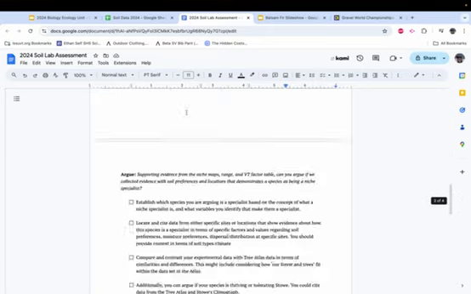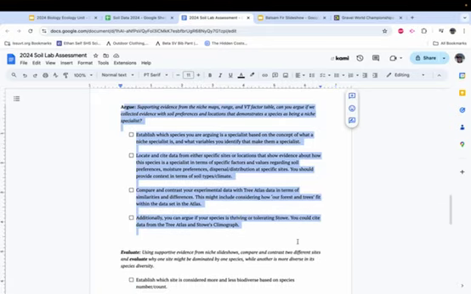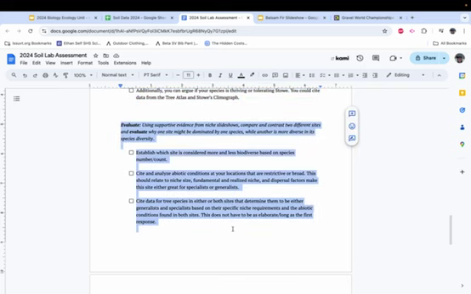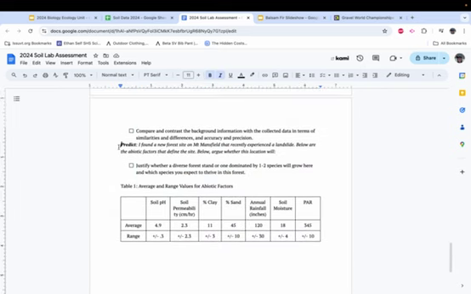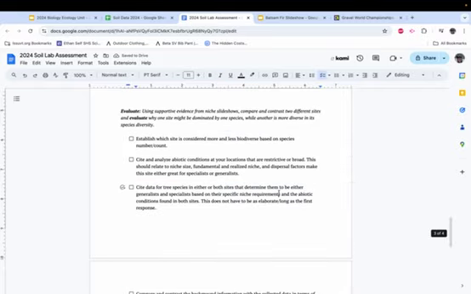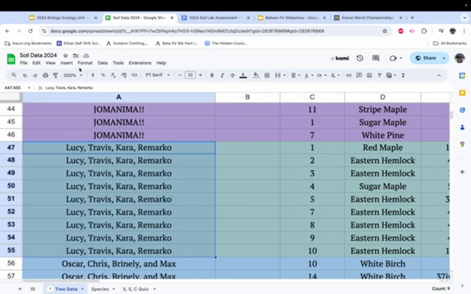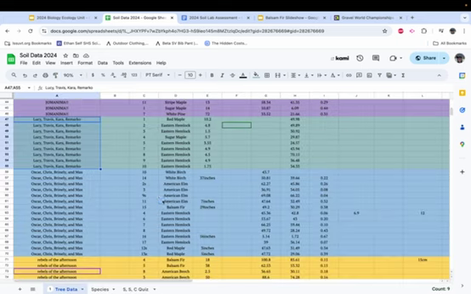A reminder that you are going to be answering these two questions, the argue and the evaluate, and if you are going for the four, you can also work on the prediction. I'm quickly just going to go over again the data sheet, which you should have made a copy of, but a reminder that we have